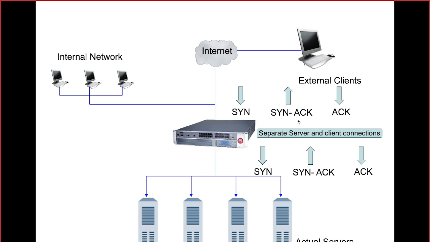Now, is everything clear up to this point? See, there are 2 connections now because my F5 is acting as a proxy. The connection from the client is being terminated on F5, and then a connection from the F5 is going to be established with the server. Is that clear? There are 2 different client connections.